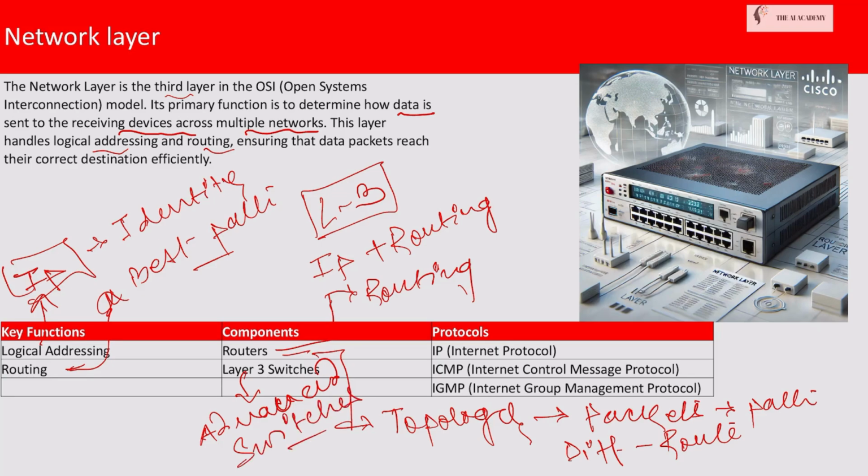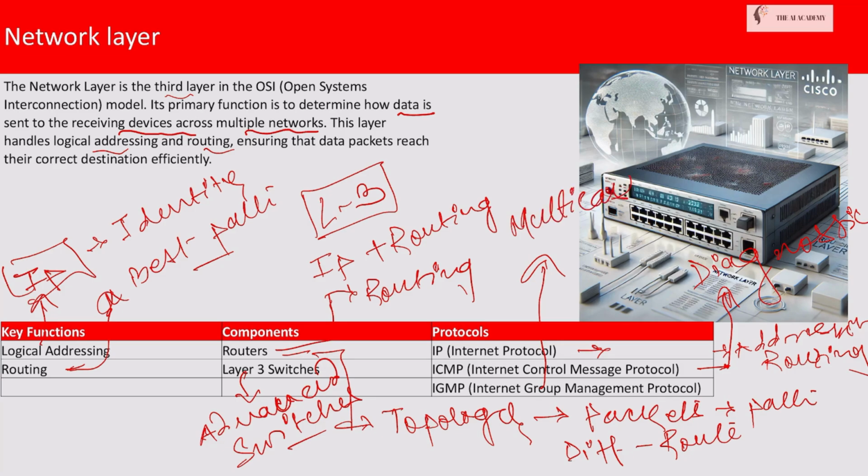The main Layer 3 protocols are the IP, Internet Protocol, the primary protocol used at the network layer, responsible for addressing, routing, and fragmenting data packets for transmission across networks. ICMP, Internet Control Message Protocol, a protocol used for error reporting and diagnostics, allowing network devices to send messages about network conditions. And the IGMP, Internet Group Management Protocol, used to manage multicast group memberships, allowing devices to communicate with